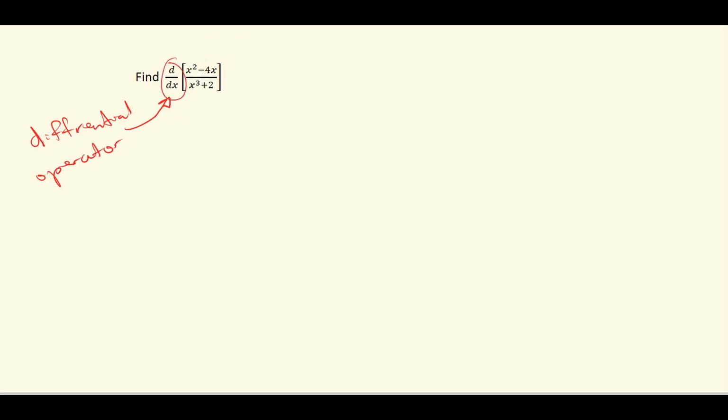And all this is saying is take the derivative of whatever is inside. So we're going to go ahead and do that. We're going to use the quotient rule because we see that we have a function divided by a function. So using the quotient rule, the derivative is going to equal low, x to the third plus 2, d high, the derivative of x squared minus 4x is 2x minus 4,